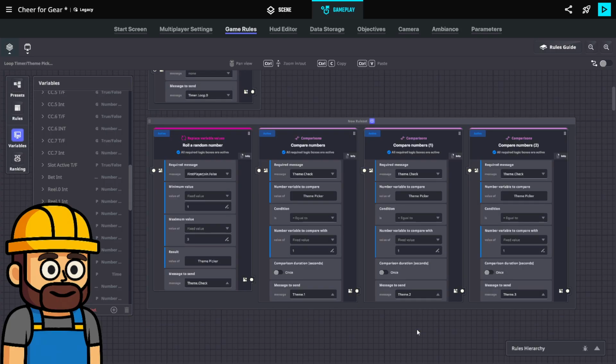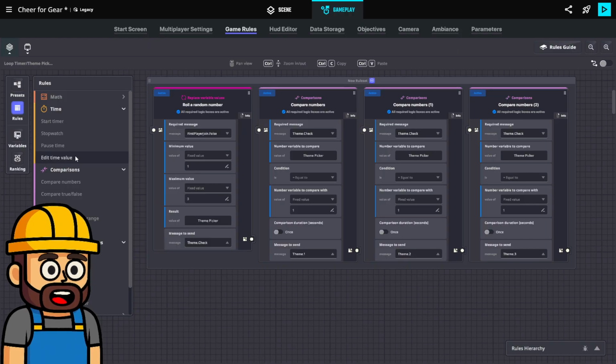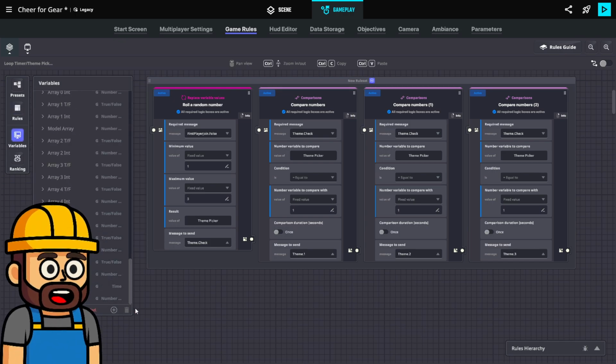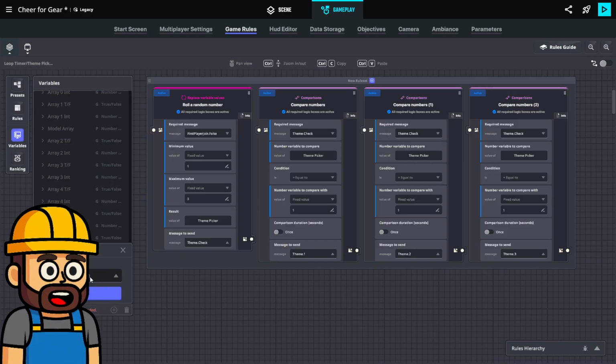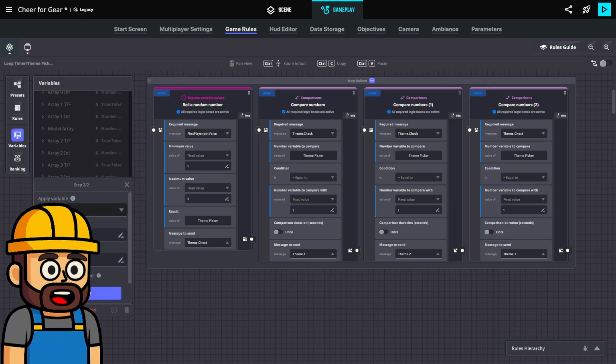Theme.3. So these are going to go ahead and trigger a banner, because we have to let people know what the theme is. Also, we'll write it down in a variable and display it the whole time.